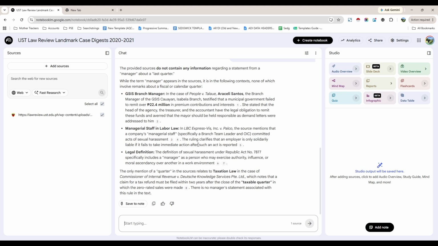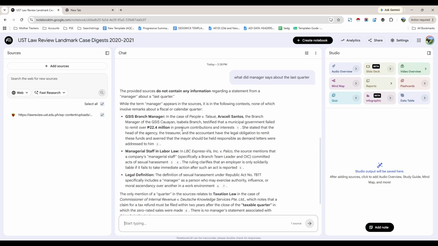Whenever you chat with AI, it generates a brilliant insight, summary, or structured list. Do not let it get lost in your scrolling chat logs. Look right beneath that specific AI response and click the Save to Note button. The moment you click it, NotebookLM will instantly pin that insight as a permanent card in your noteboard right above